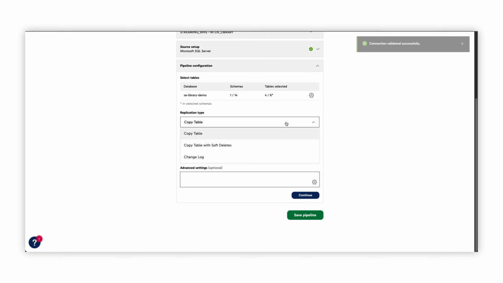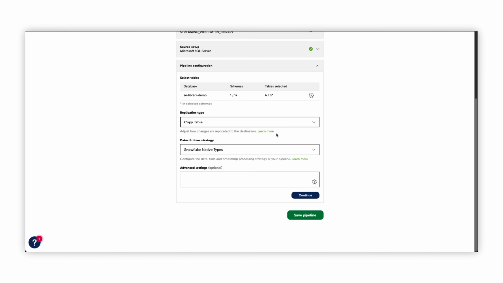In my case, I will select Copy Table. To learn more about the differences between replication types, you can go to the fourth link below this video. In the Dates and Time Strategy property, we specify the date, time, and timestamp processing strategy of our streaming pipeline. You can learn more about this in the fifth link below this video.